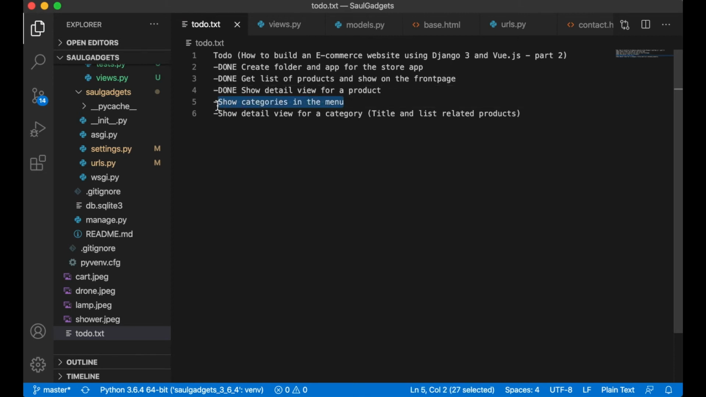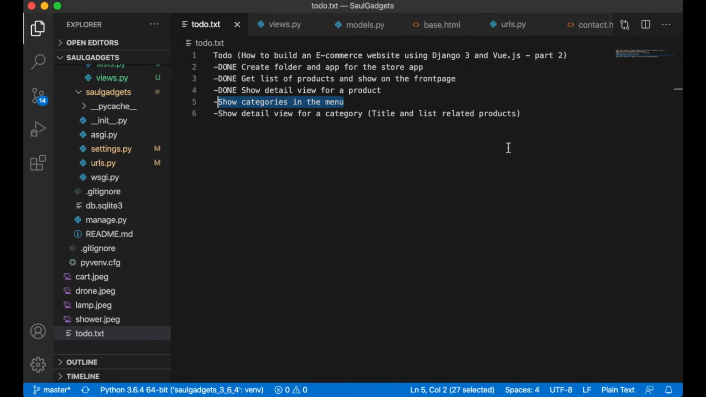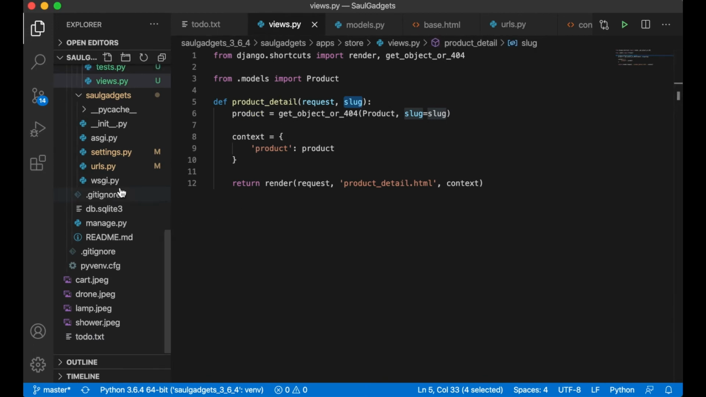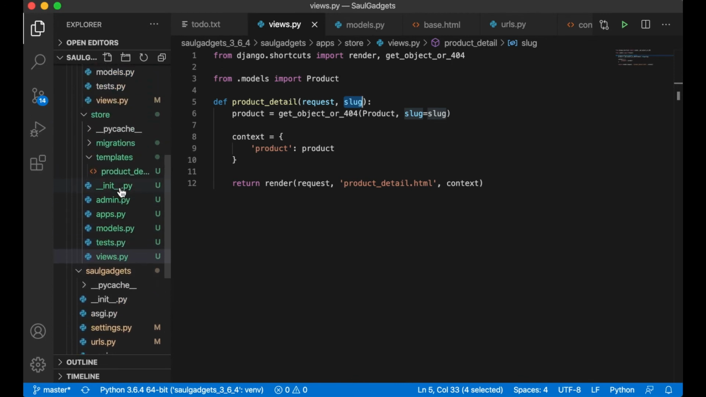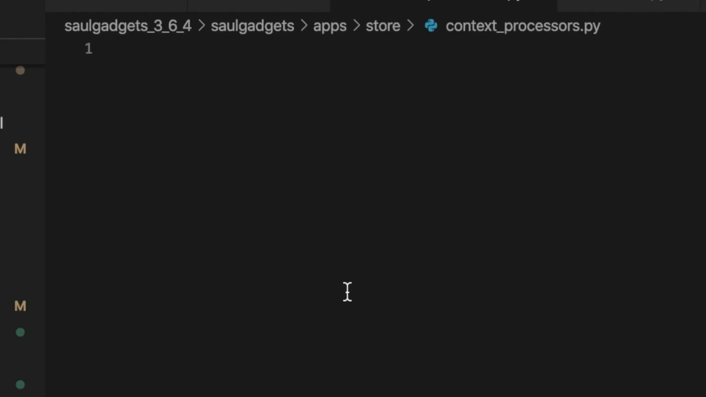and the next part is to show the categories up in the menu here with contact. To do this I need to create something called a context processor, because I don't want to add the categories to all of the views. I want them to be globally accessible. To do this, I go into the store folder and create a new file called context_processors.py. And this shouldn't be too complicated. What's inside this file? We just say